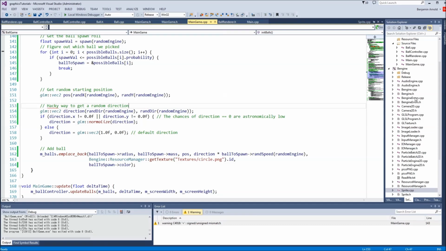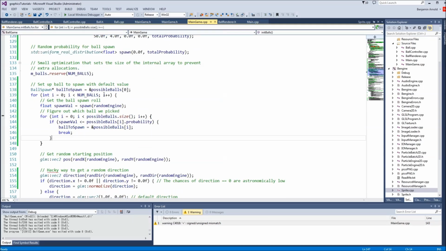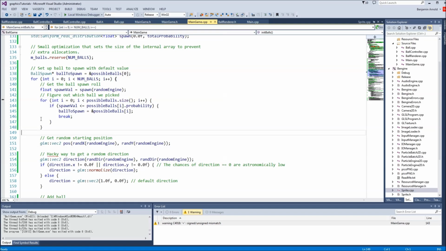Hey guys, and welcome to a long overdue Advanced C++ and Graphics tutorial. Today we're going to be just going over a small game I made that's going to help us in the next tutorial when we want to go over spatial partitioning. Today we're just going to be going over the code for this, and I'm going to show you something called macros. You're probably already familiar with macros, but I'm also going to show you variadic arguments for macros, which you may not be familiar with. And all of this is going to, of course, set us up for our spatial partitioning episode for the next